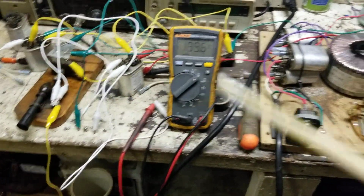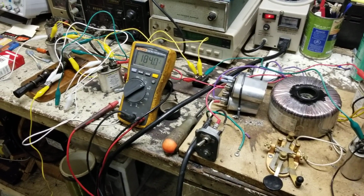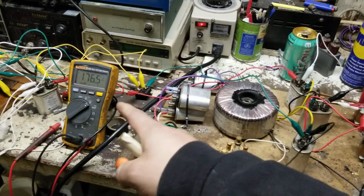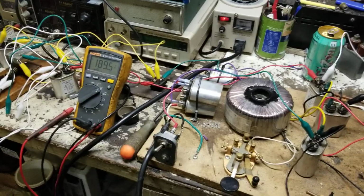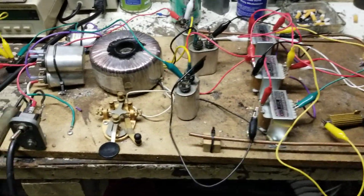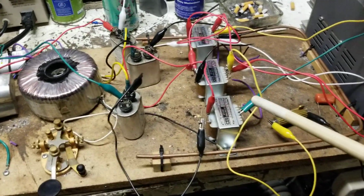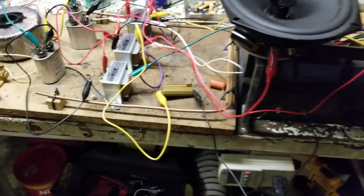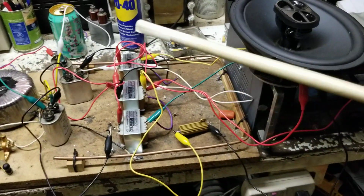So you see we're up to 190 volts. That's with it all the way up. The higher the voltage on here, the lower the amount I can get rectified. So when I turn it down, it starts to climb. So anyway, now that we have the reaction going, and we have this side vibrating with the source, now we're going to introduce a disturbance into this side by turning on the